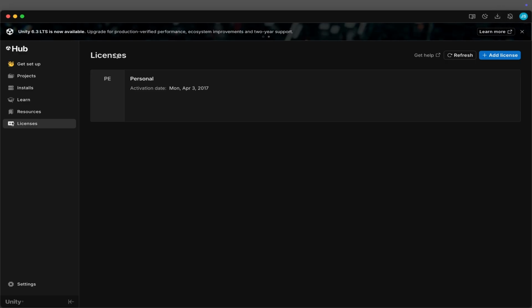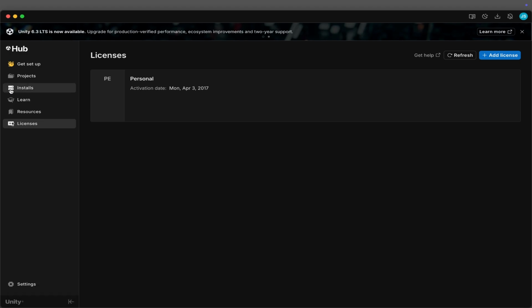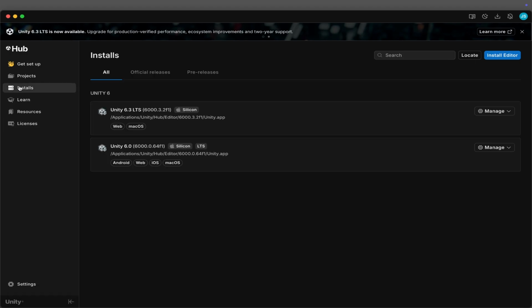At some point you're gonna see log in. So you just log in, but you need to create an account. Pretty simple setup. Again, when you open the Developer Hub and you're logged in, you go to install, and that's very, very important. You have the hub already, and what you need to do is download the editor, which technically is the software